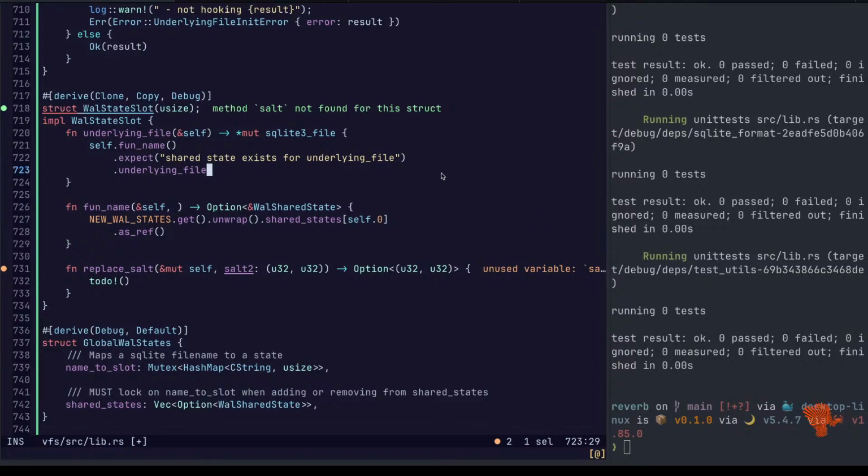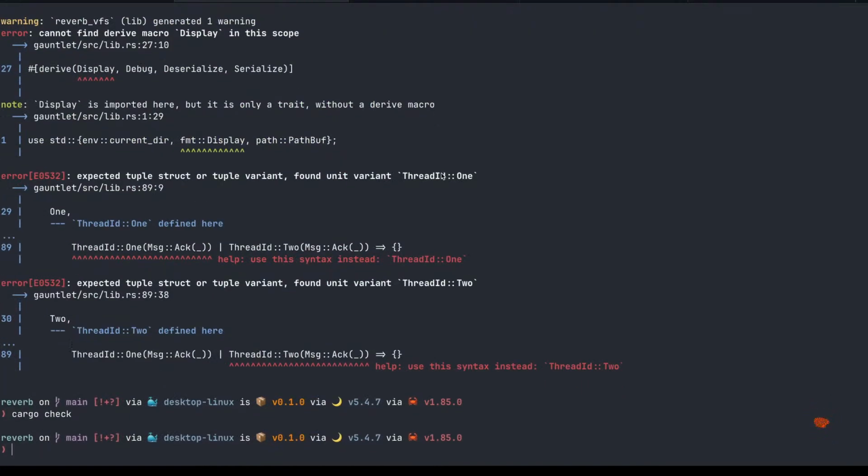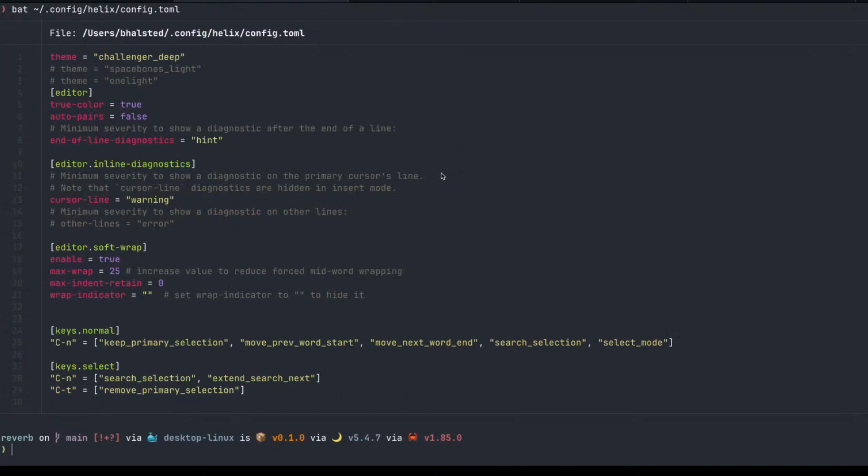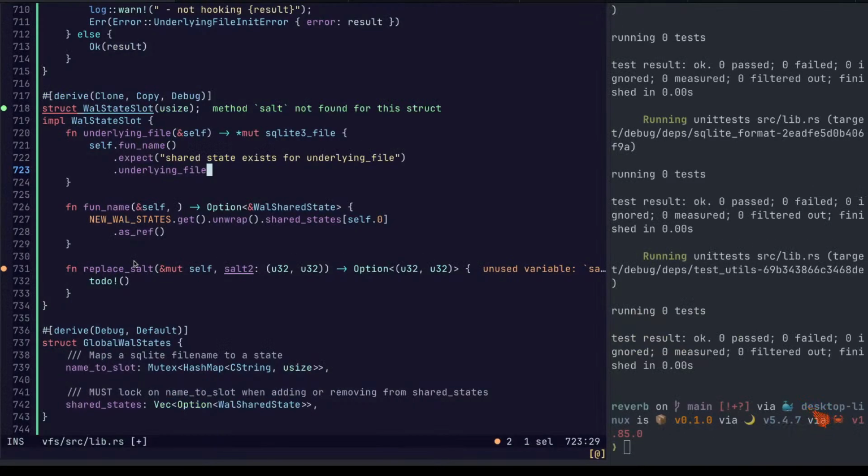And in order to get it to wrap like that, we basically set the end of line diagnostics and warnings here. The rest is pretty much default, right? Just a couple little modifications. Oh, you're welcome.